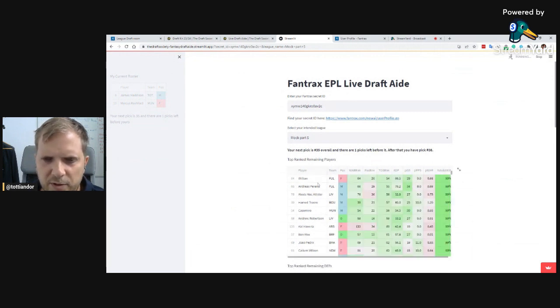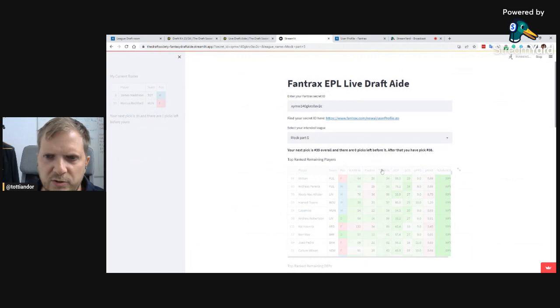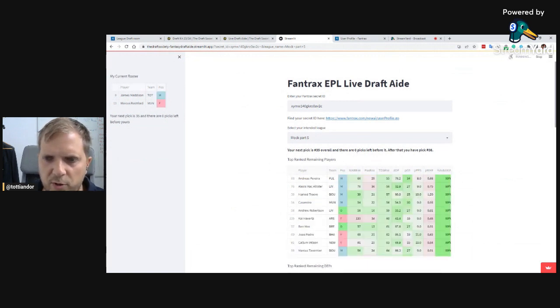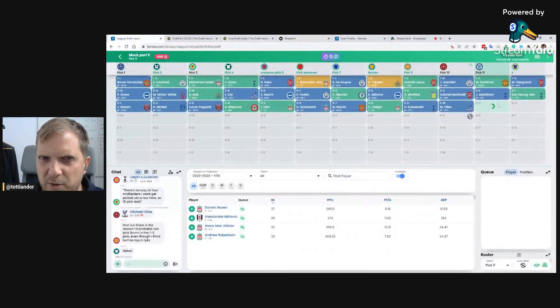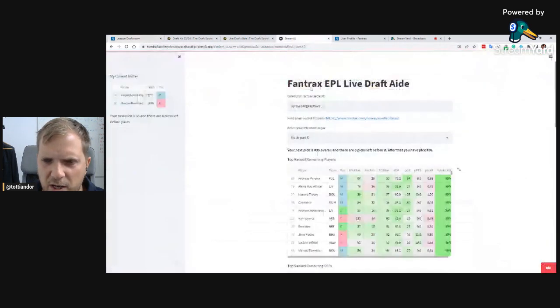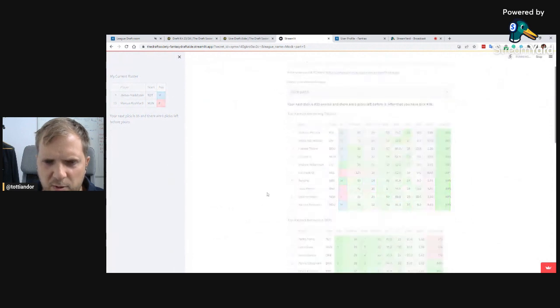Currently, this table is set up to be ranked based on our TDS top 150 rank, and you can see that 0 picks are left before my go. It is my go. Willian has been picked. Yep, you can see it's my pick. 30 seconds left. I'm not fully comfortable with either of the top picks,